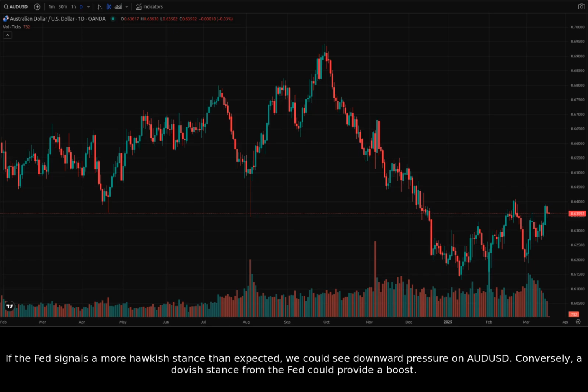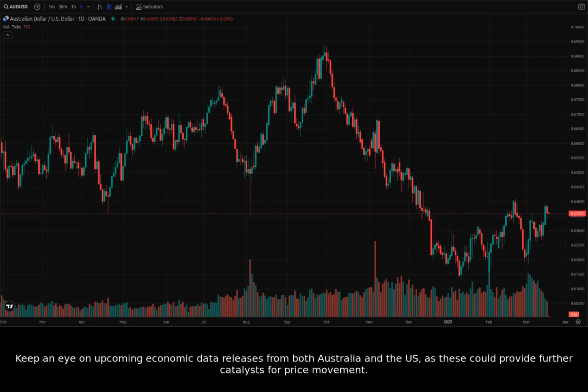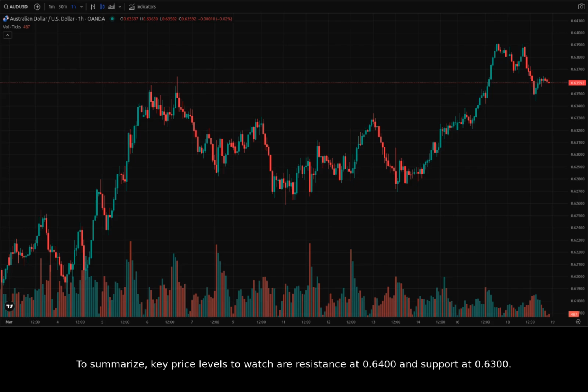If the Fed signals a more hawkish stance than expected, we could see downward pressure on AUDUSD. Conversely, a dovish stance from the Fed could provide a boost. Keep an eye on upcoming economic data releases from both Australia and the US, as these could provide further catalysts for price movement. To summarize, key price levels to watch are resistance at